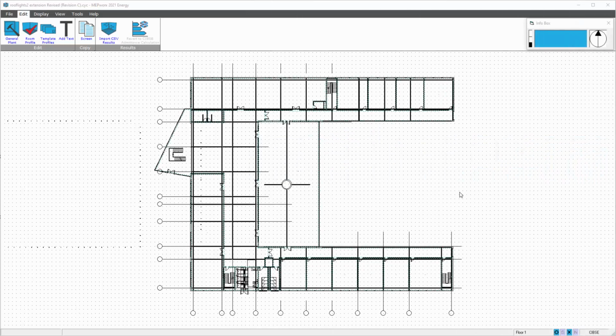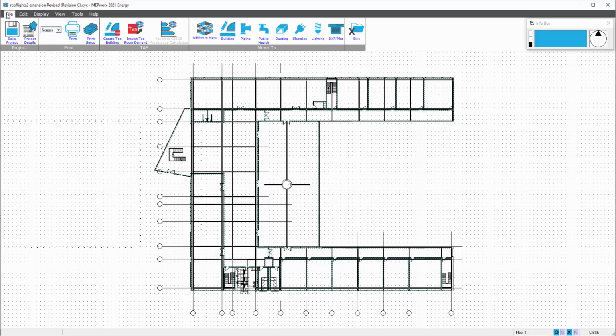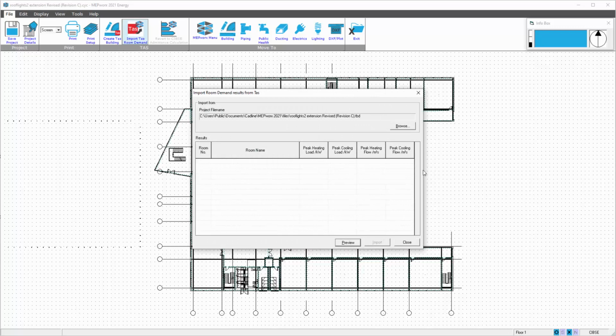This video describes importing the various thermal simulation packages available and how you can chop and change between the various imports. So first we have the file ribbons, and you can see here, first of all, we're going to import from TAS. So selecting import TAS room demand,